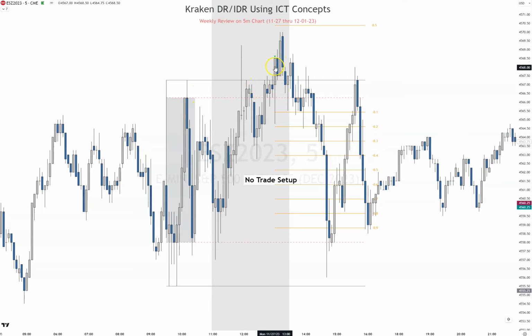Someone asked me, "Hey, what's with the green arrow or the red arrow?" That shows when a candle is closed outside this DR line. That's when you have DR closed, which is confirmation that we're supposed to be going long. Basically, what that says is price should not close below this line right here.